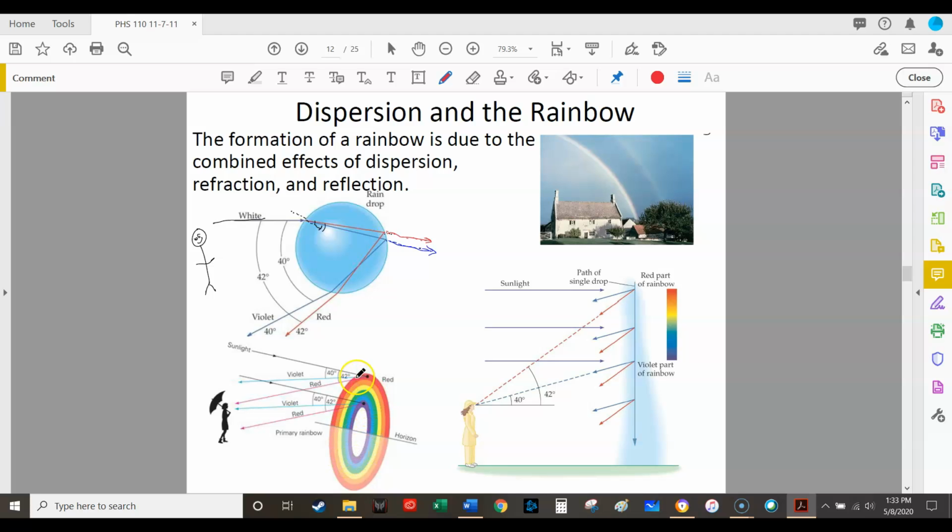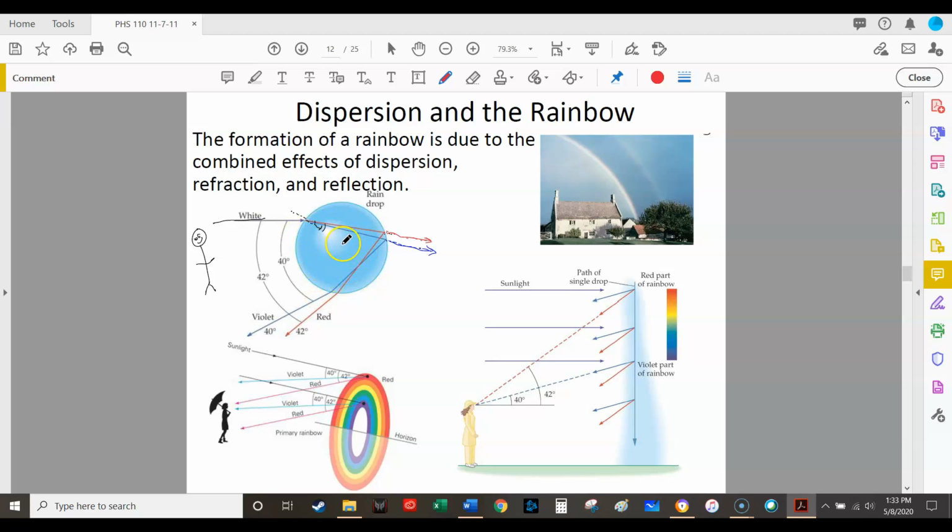And then you see red on the outside because red is bending less. It's refracting less, right? So red is always going to be on the outside of the primary rainbow, and blue is going to be inside on the primary rainbow because it's refracting more. It's bending more because it's slowing down more when it hits this